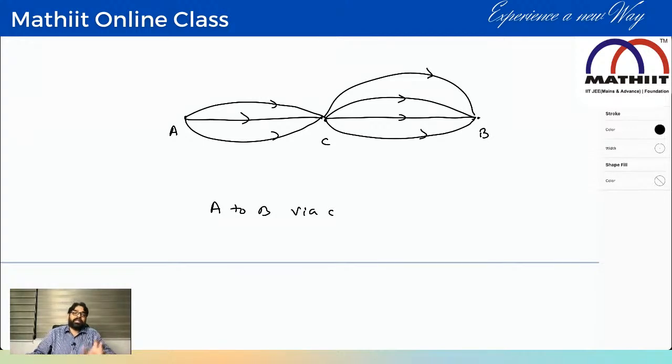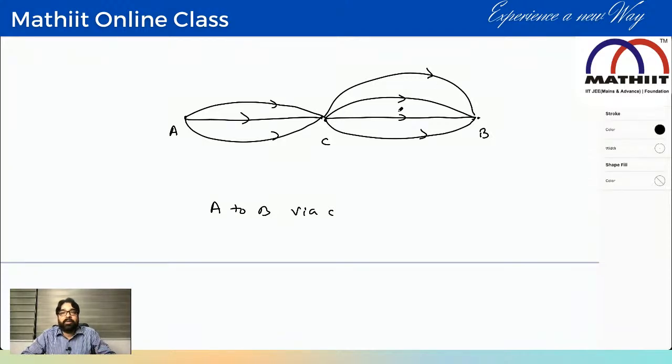Yes. So what is the job here? The person has to travel from A to B. So he will say, I will go A to C and C to B. Listen carefully to what I'm saying. He has to go A to C and C to B. So A to C he can go in how many ways? A to C he can go by 3 ways. Either this or this or this. That's why 3. Or is coming: 1 plus 1 plus 1, 3. And then, and. From here to here